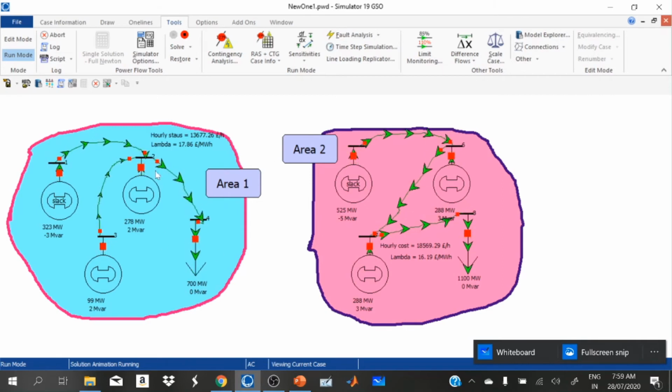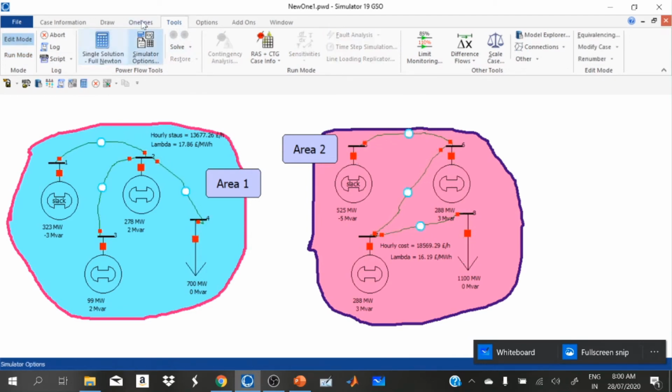Here if we operate area 1 and area 2 separately, the generation costs are different, and we cannot make it economic, so we have to connect these two areas using a tie line. Now we connect using a tie line.